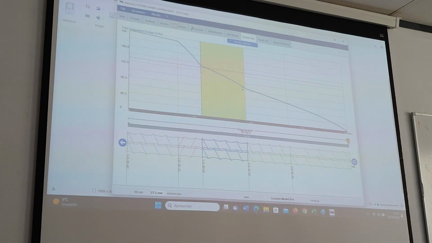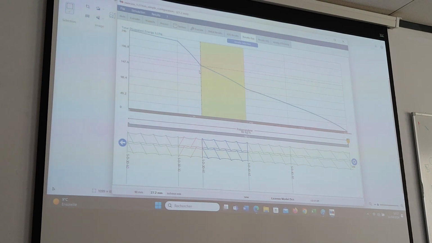Because the difference between this point and this point is bigger than the difference between this point and this point. And it is even more important in this part of the screw, because you can see we have a huge increase in a short amount of time. Okay, and in fact, at that point, it was where we had the top of the two other parameters, the filling ratio and the shear rate. Yes. Okay. I see. Thank you.